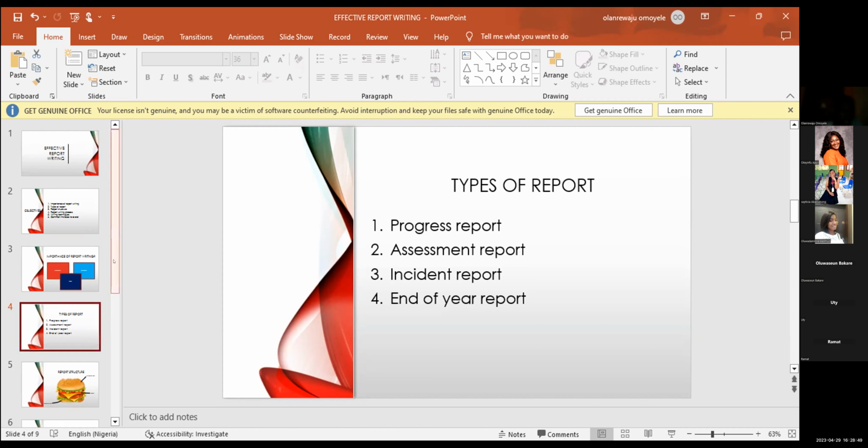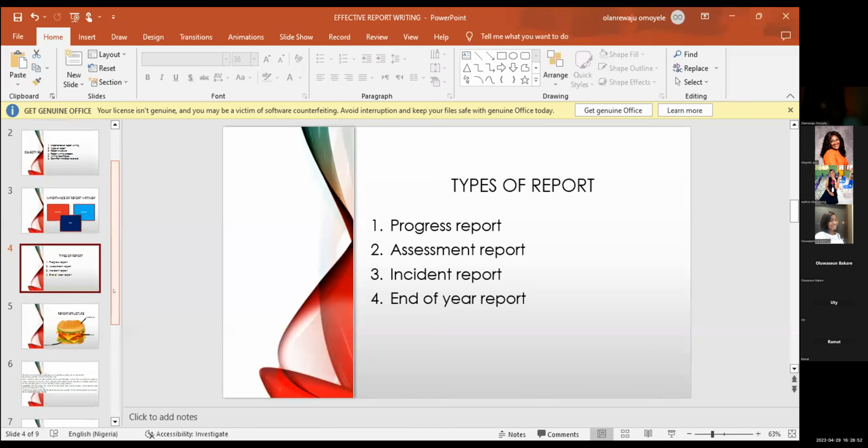Okay, let's continue. So now, how should your report look? What structure should you follow when writing your report? Like I said, you don't just go straight to the point and say, oh, good afternoon, dear parents, or good afternoon, Tishe's mommy. Tishe does not know how to read. Tishe is so stubborn. Tishe does not even greet. Tishe is so rude. Thank you. Enjoy your break. See you next time. Or enjoy your week. See you next week. No, there's a structure you have to follow.